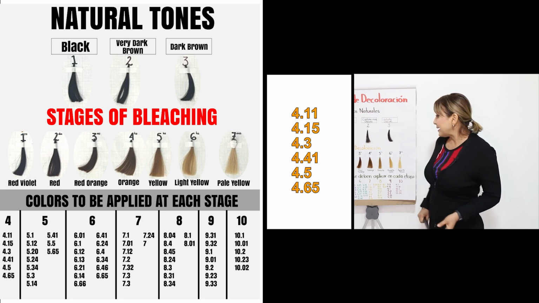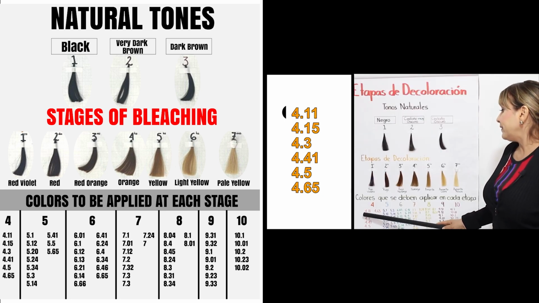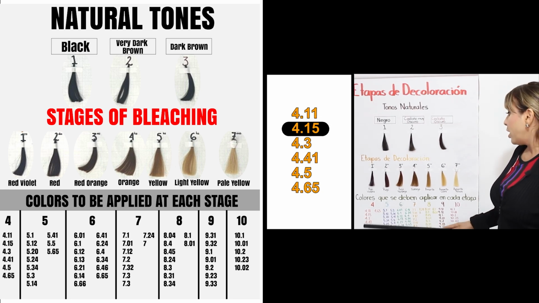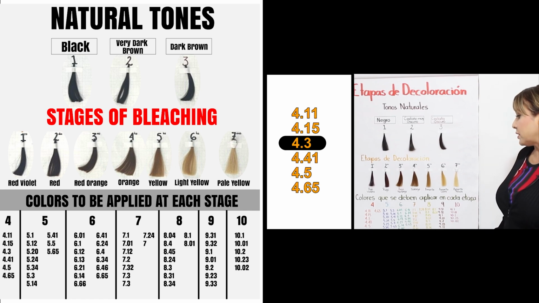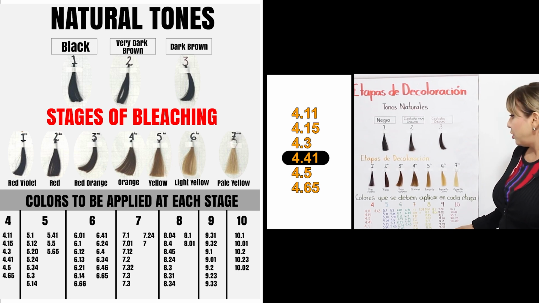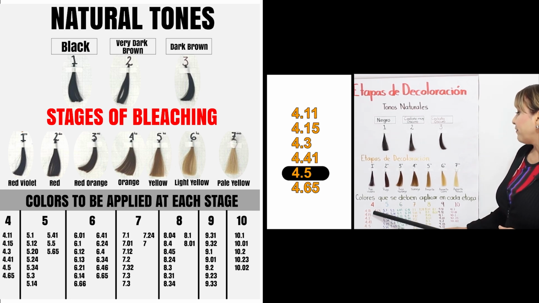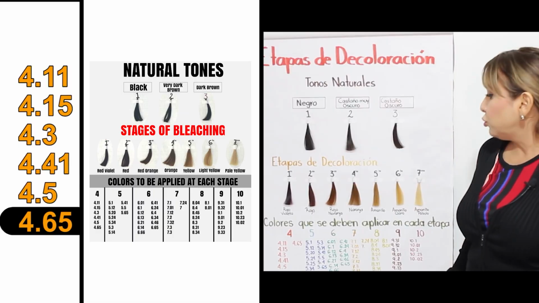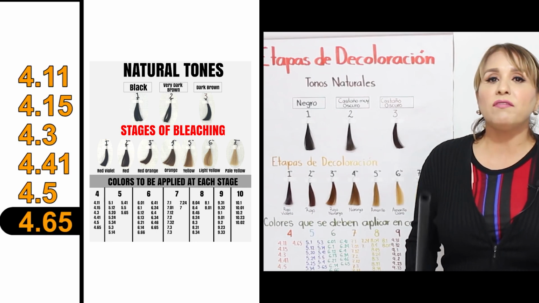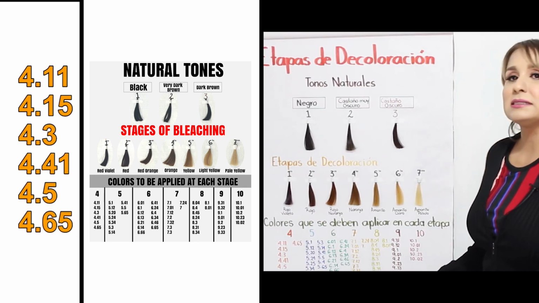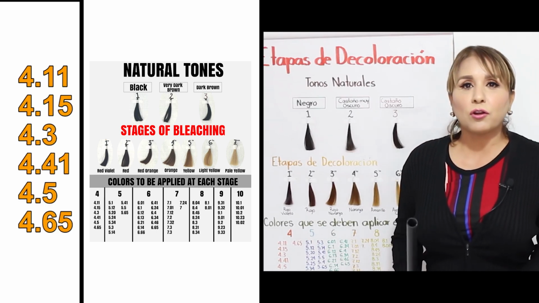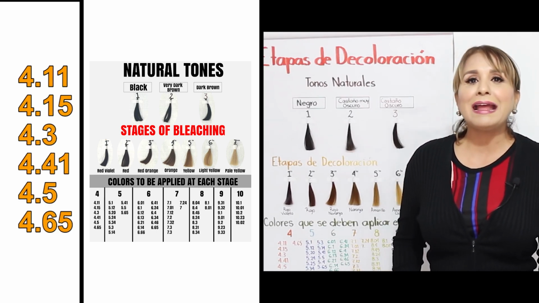Here, if you observe, there are dyes with ash reflections, golden reflections, copper reflections, mahogany reflections, and reddish brown reflections. You can apply any of these tones and you will always get a red reflection. If you apply a dye at this stage with a red reflection or a violet reflection, that dye will have